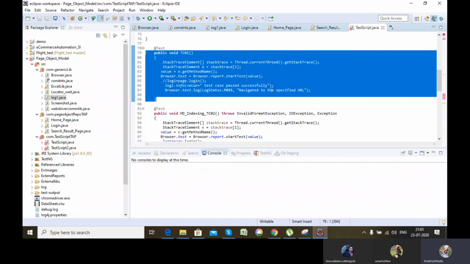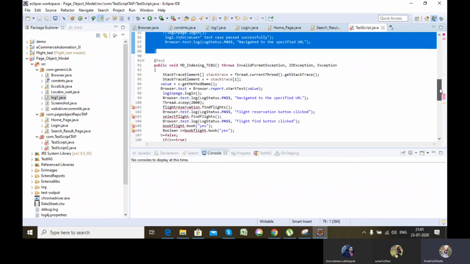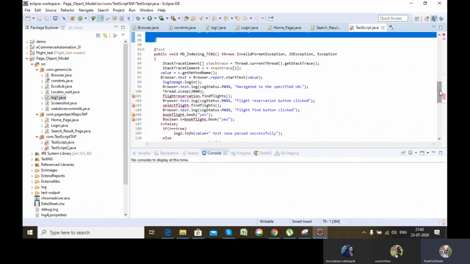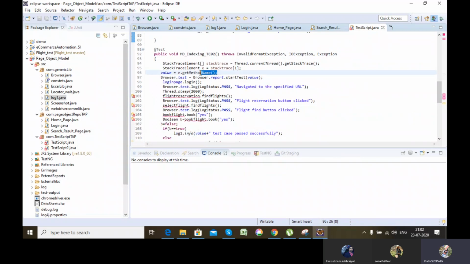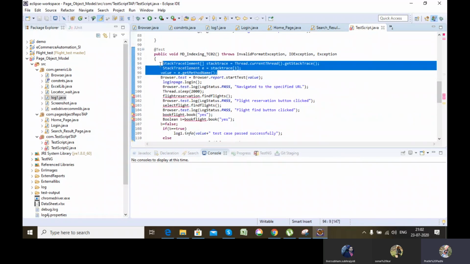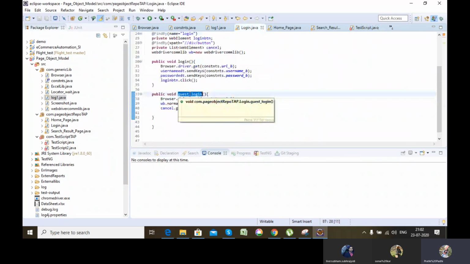Now let's say, for example, I am writing my second test case, in which I will go and search for TV and see whether it goes to the television search page or not. So for that, similarly, I'll design another test case, and I'm just giving these values as they are. Then loginPage.login, now I will not use login. I'll use this one, guest login, meaning I will not give any login value.